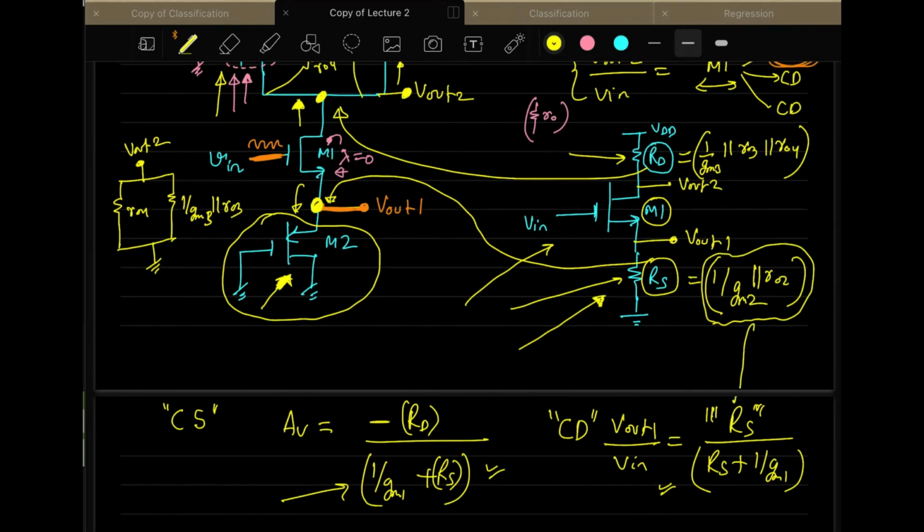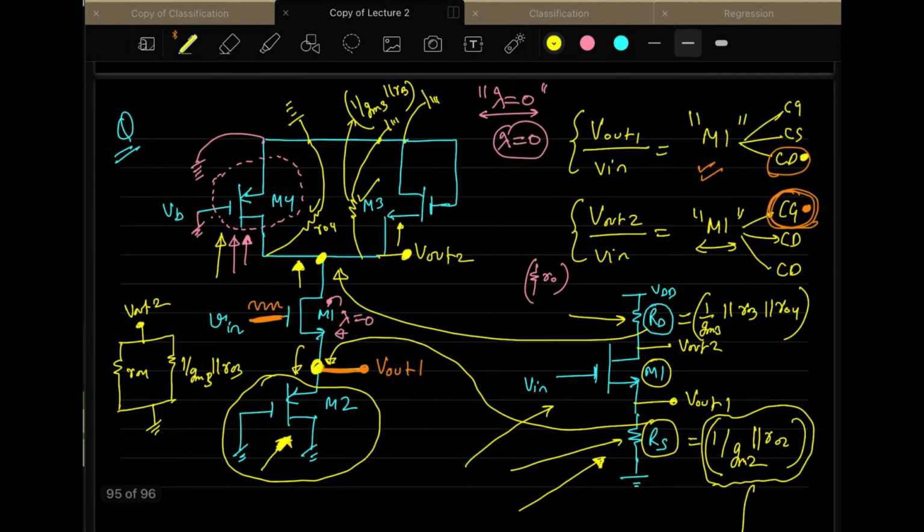So now you can see how this complex circuit we have reduced into smaller parts, solved all these smaller parts, and then put it together back onto the circuit which we already know, the answer of which we already knew. So it simplifies the analysis. Earlier, if you wanted to do a small signal equivalent for this, you would have to write all the small signals for M4, M3, M1 and M2, connect them all together and then solve. It's very difficult, and you have to write nodal analysis. You have to perform KCL and KVL. So it will become very cumbersome. But by doing it like this, you can solve it very easily.